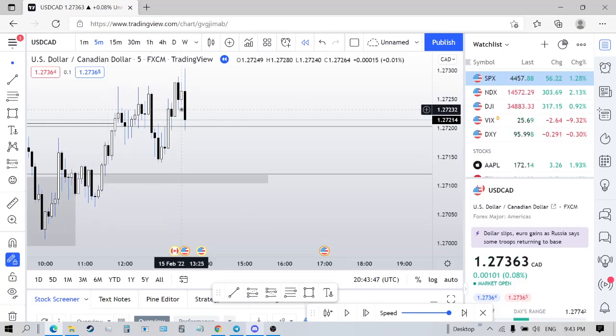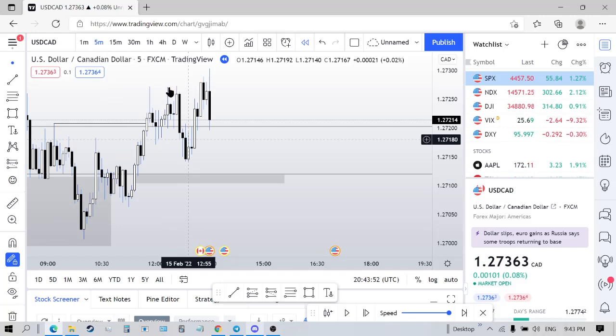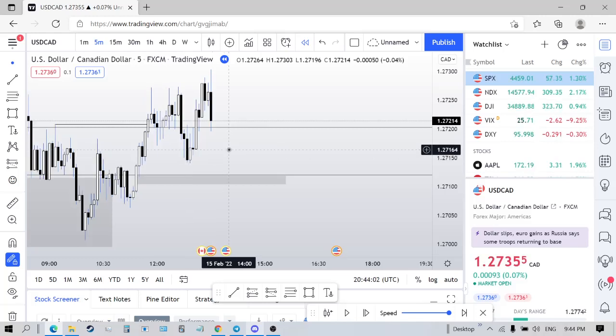No, you stick to your entry, right? You wait for your entry. You don't have to chase price. And now since there's another break in structure, you're trying to get in on this one. Stick to your entry, okay? Let price do what it does. If you miss it, then you miss it. You know what I mean?